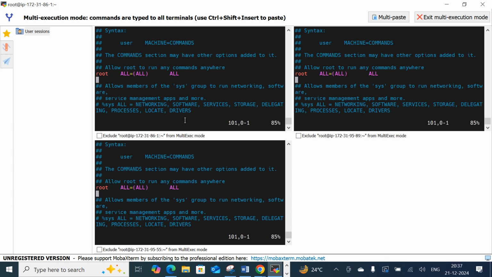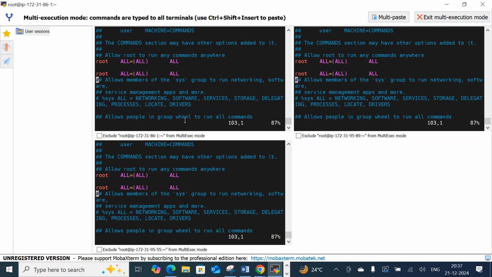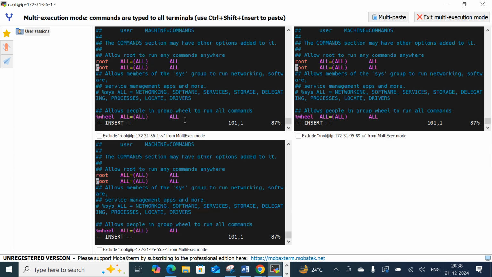Okay, no, get out of insert mode. pp. No, if you did dd, come into insert mode. Okay, just type instead of root, I'm going to make jenkins. ALL=(ALL) ALL. Here,